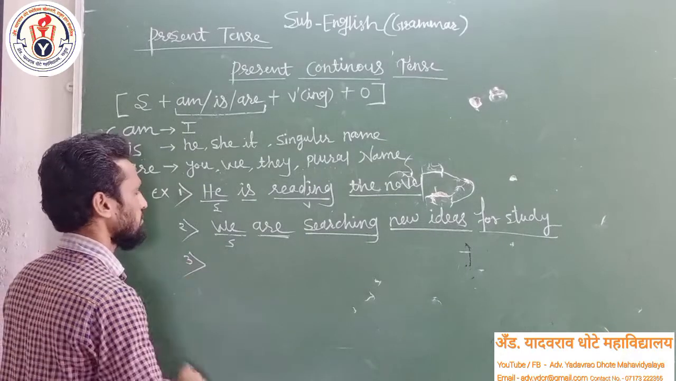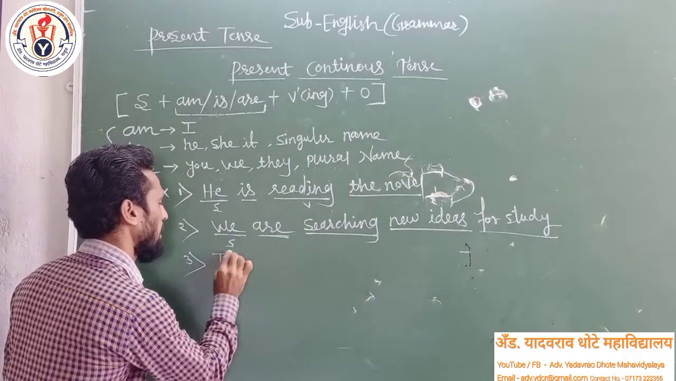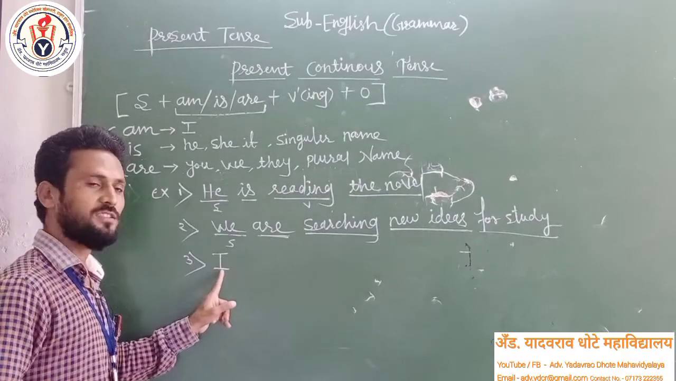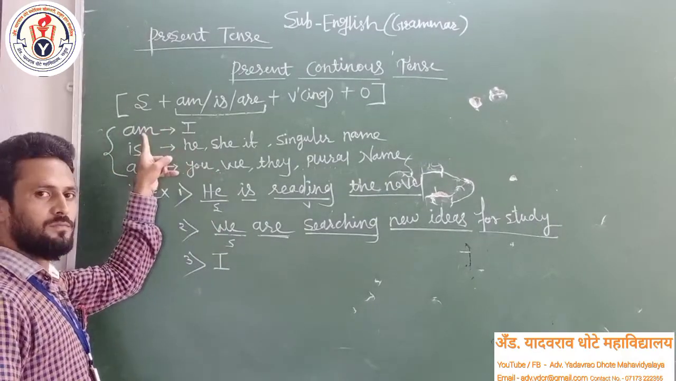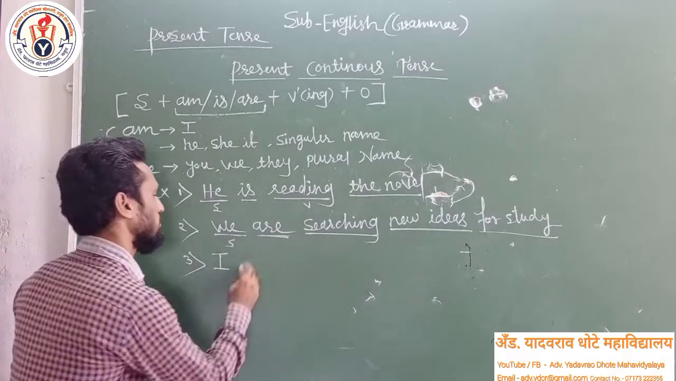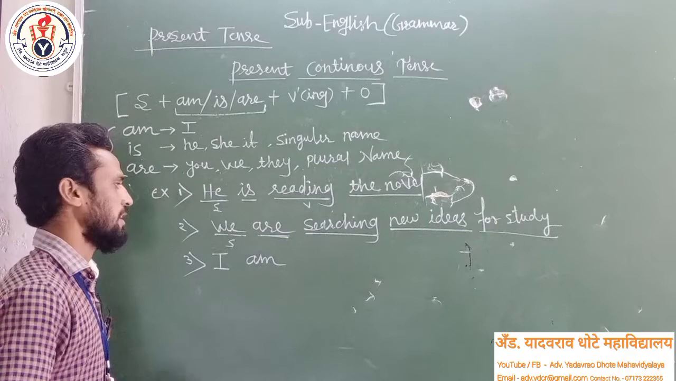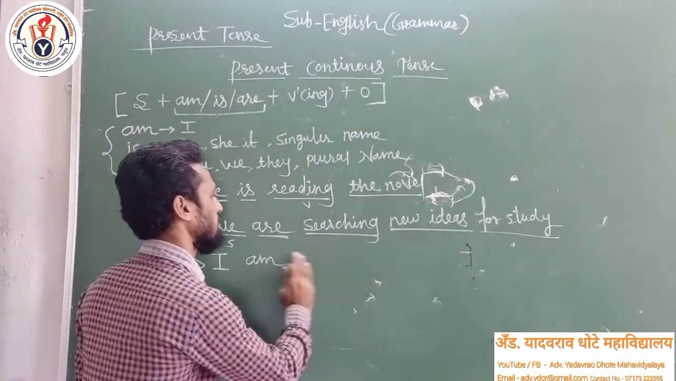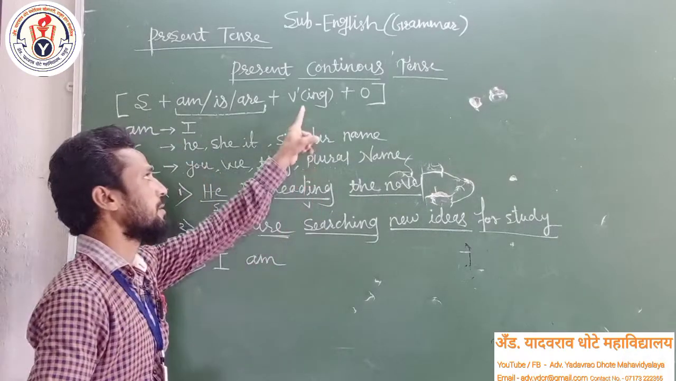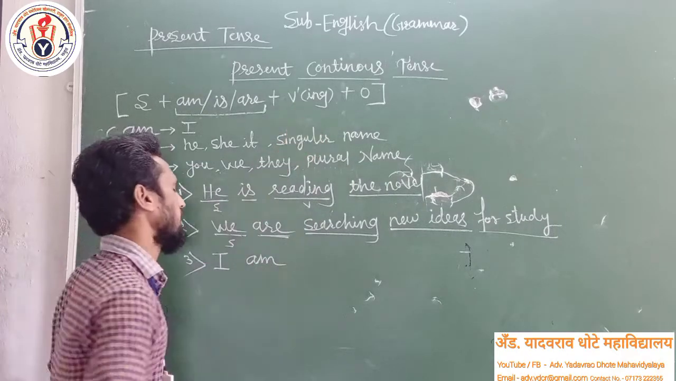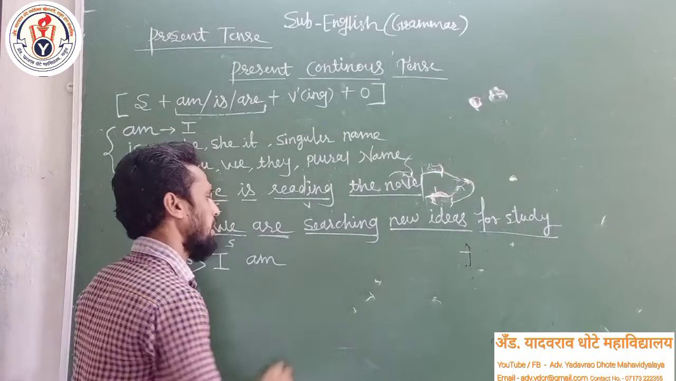Third one, the subject I have taken: I. For I subject, we will use am. What we will use? Am. I am. Isn't it? Then next one, I am. The third step is what? Verb ing. Here I am taking the verb